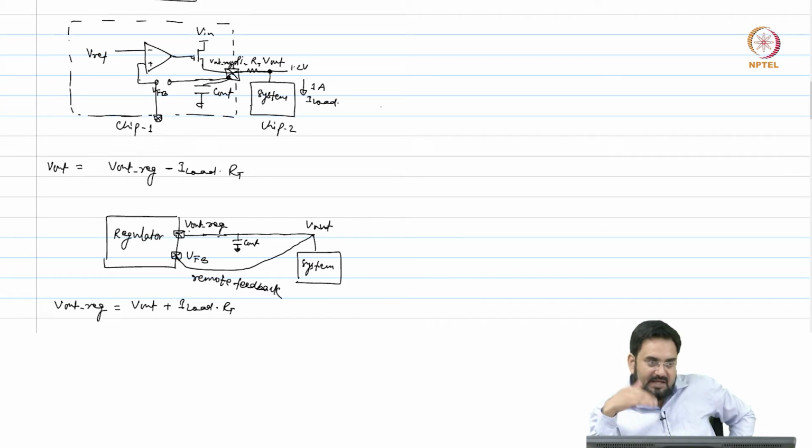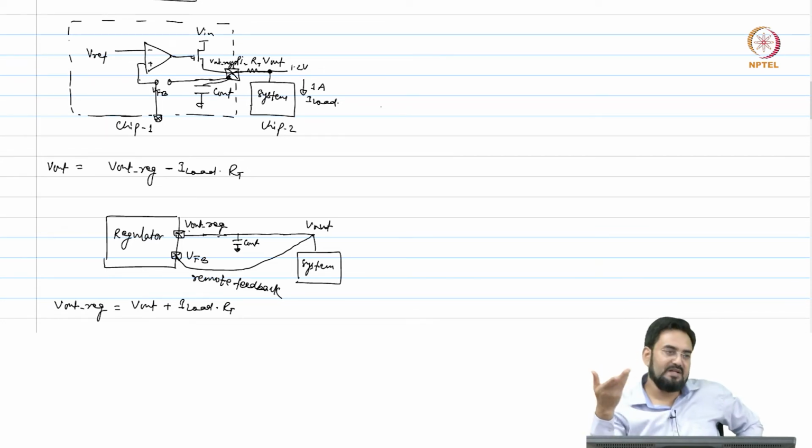Yeah, you can slightly move the Vref, but you need to know the resistor value or the drop. If you know that your current is fixed and your R is known, you can calibrate also. Initially you can measure and see if it is 1.2 volt or not. So, you keep on changing the Vref until your output becomes the desired value. You may have to calibrate, and if you need very fine regulation, depending upon the accuracy requirement, if you want within 1 millivolt, then you have to change your Vref by 1 millivolt step.